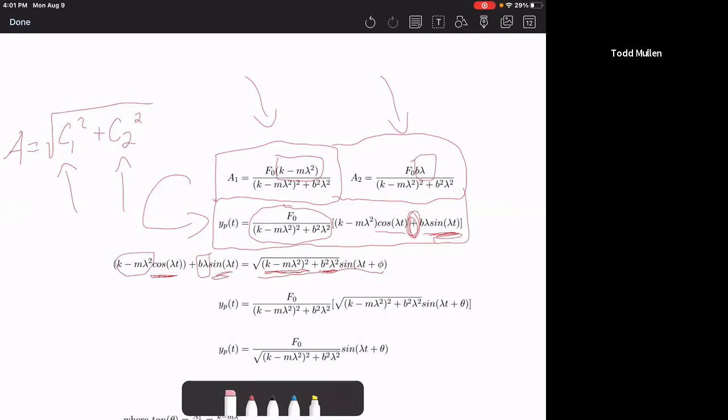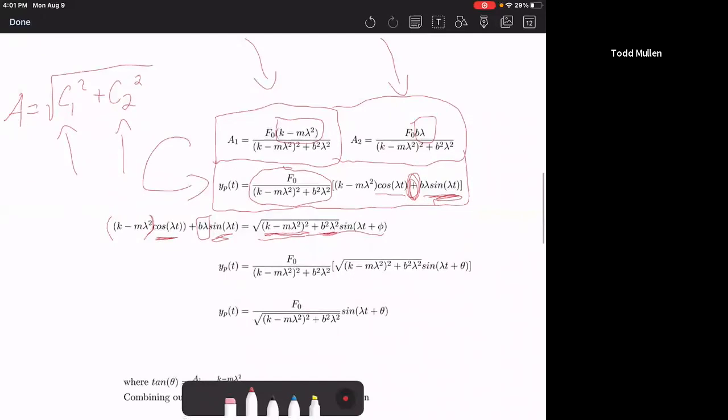So to be completely 100% correct, we will need to bracket this better, because cos is being multiplied by that entire bracket, k minus m lambda squared. So I hope that doesn't cause any confusion. We should have actually bracketed like so. Okay, now we can substitute this value in